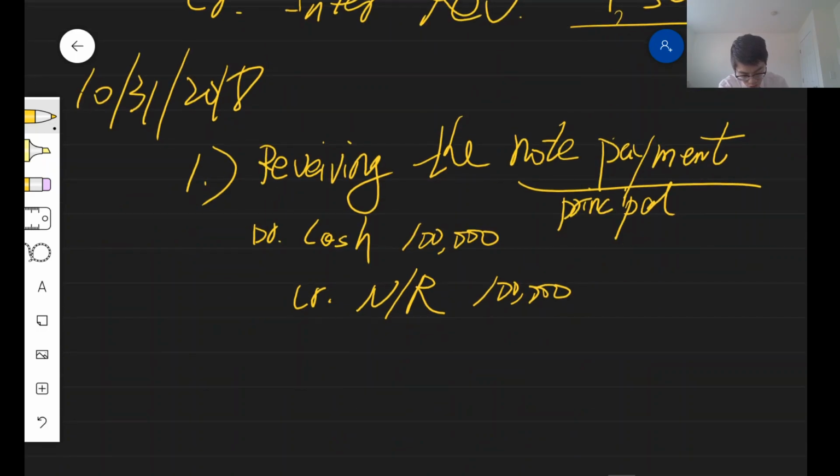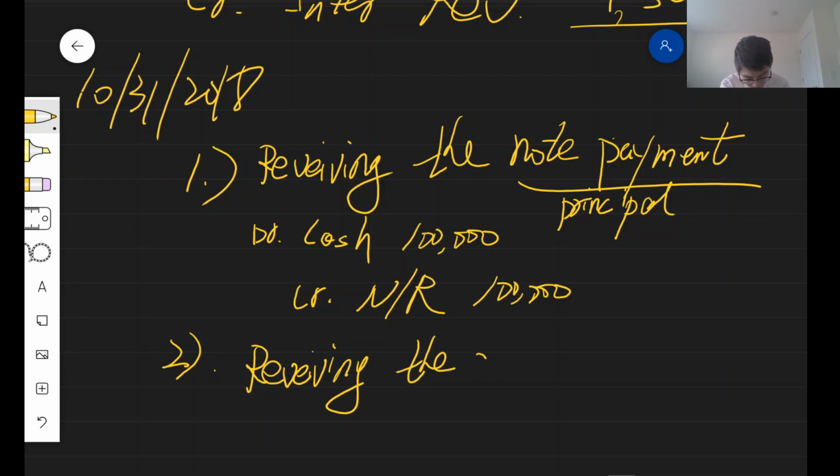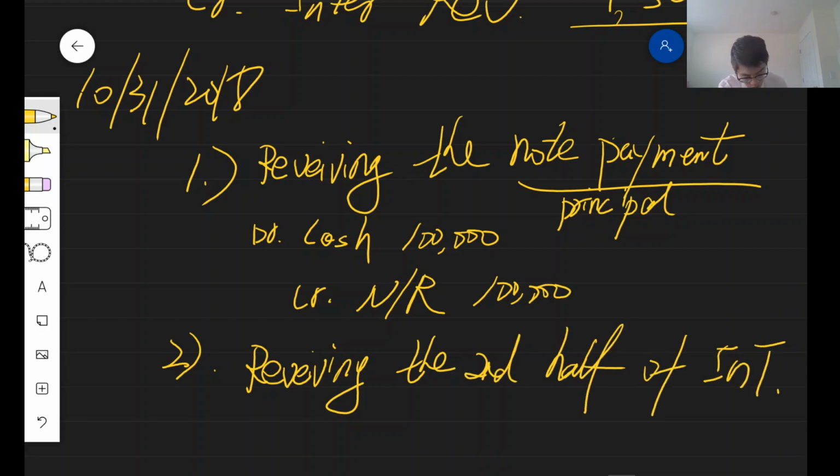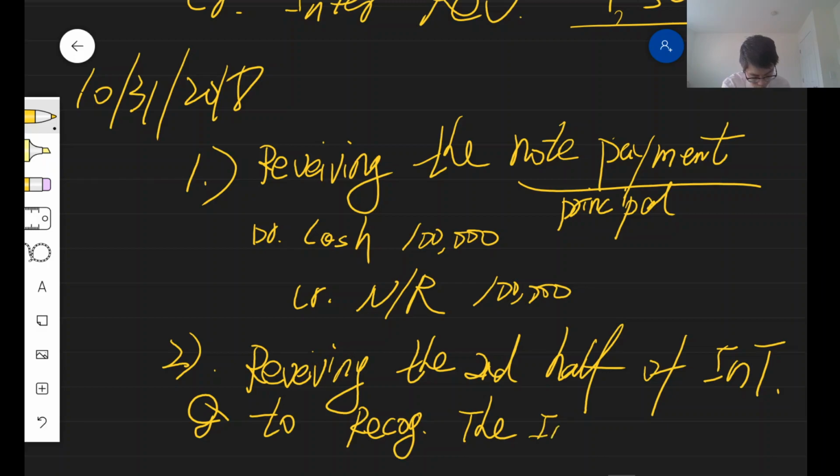And the second is to receive the other half of the interest, receiving the second half of interest, and to recognize the interest revenue